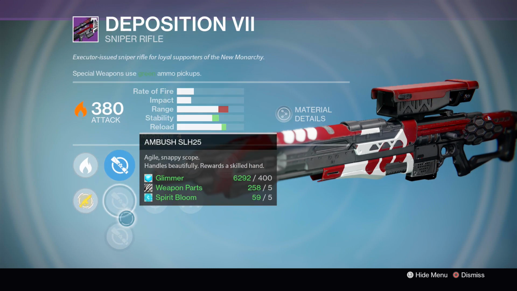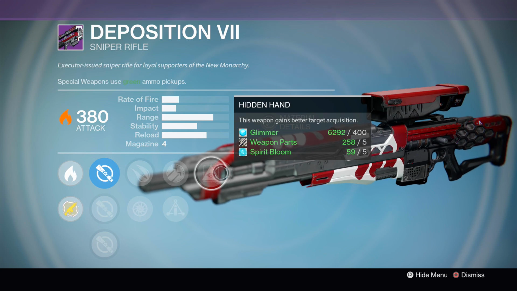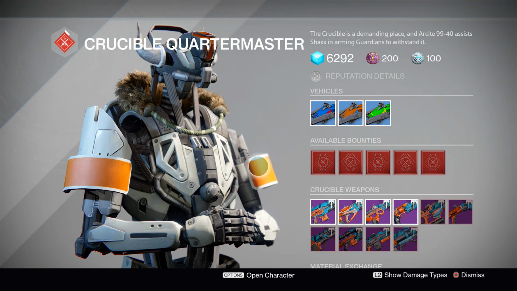After that, we've got the Deposition 7 with a really good roll. It's got the ambush low zoom scope, explosive round, snapshot, hammer forge, triple tap, and hidden hand. Overall, just creating a nice combination. The extra aim assist and utility from stuff like explosive rounds is just going to make it a pretty fun